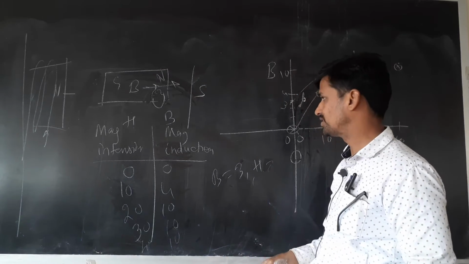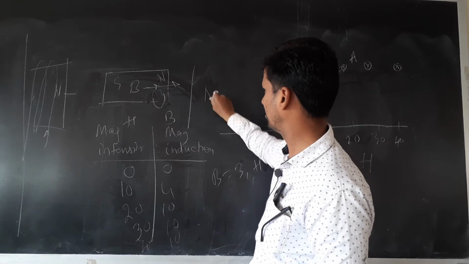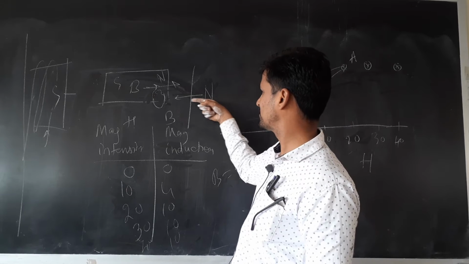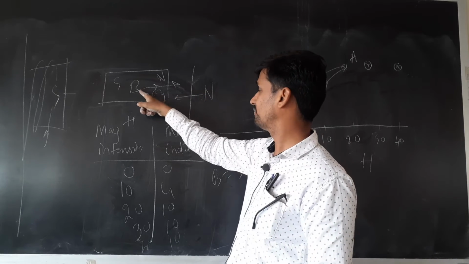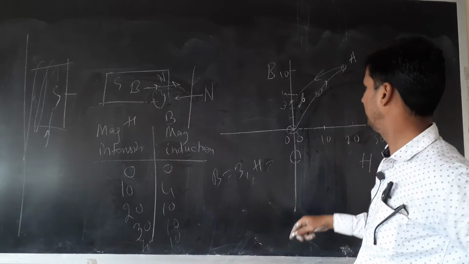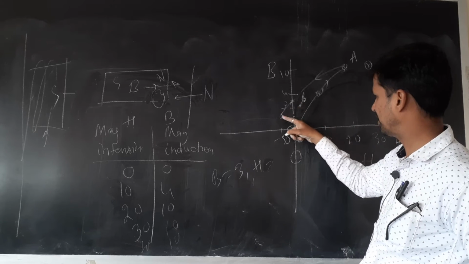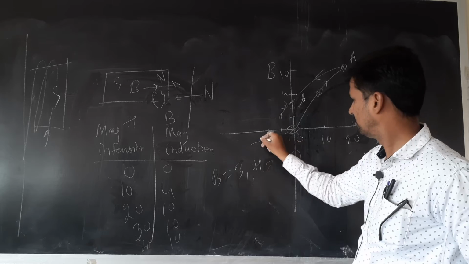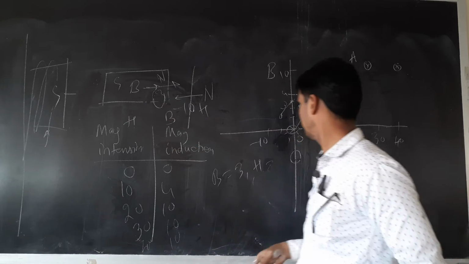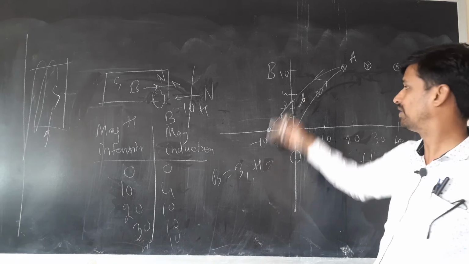Now next we should apply the magnetic field in the reverse direction, means north should be made south. What is the effect of this magnetic field now? This field and the magnet's field are opposite, so it will start decreasing the magnetic field. Please see here. If you make H -5, B may become some 1. If you make it -10, minus because opposite, this magnet may completely lose the magnetic induction, it becomes 0.